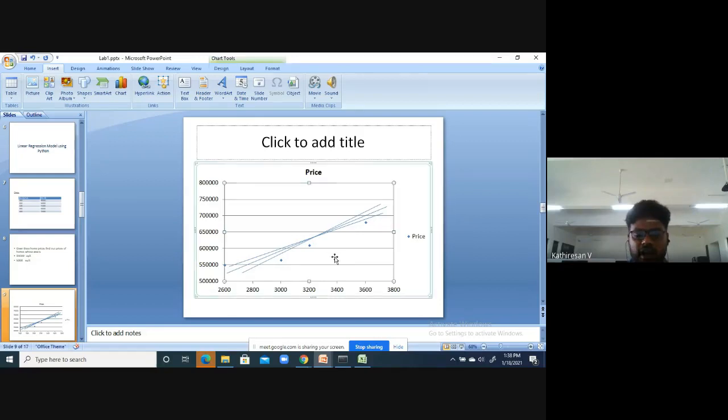Actually, identifying the correct line, which is very close to all the data points, is the intention of our linear regression model. Okay, we have to find the straight line which is very close to all the data points.